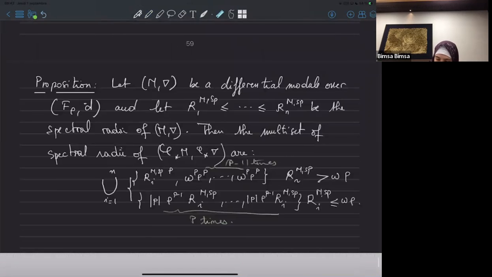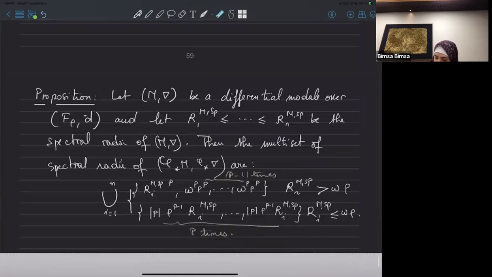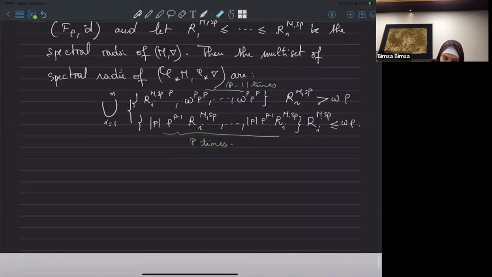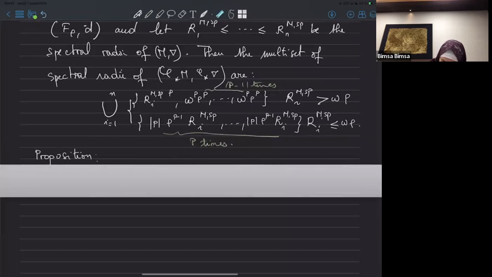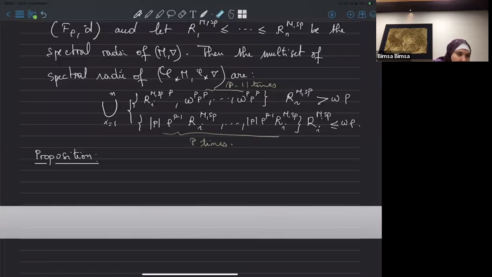Then by using these two results, we can prove the following theorem, or proposition, easily. It's not complicated. It's a fact of these two. Then the point, if we have